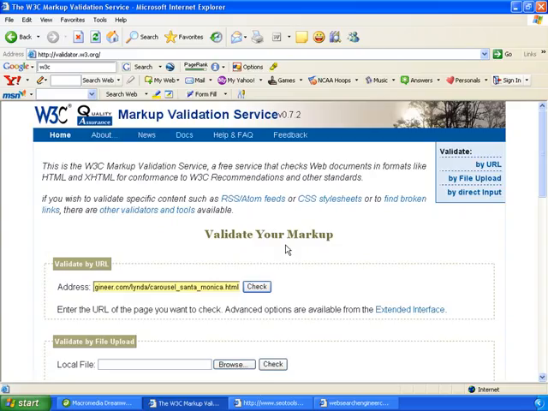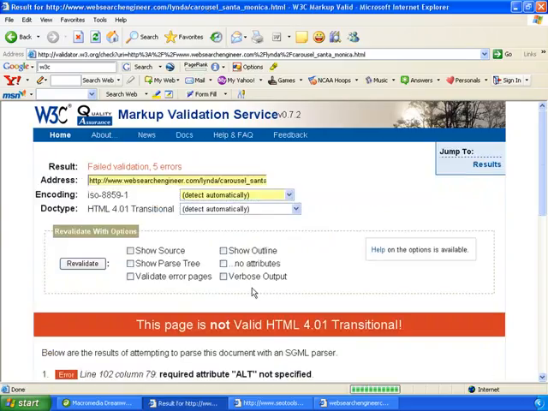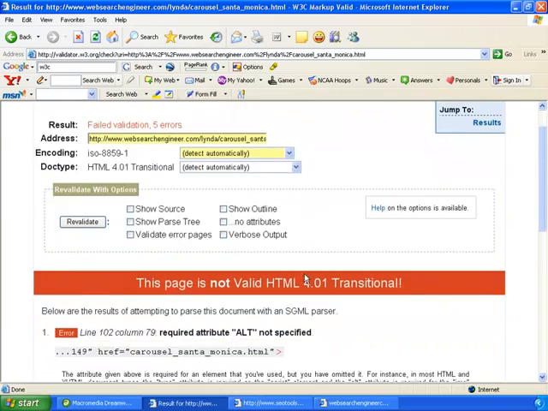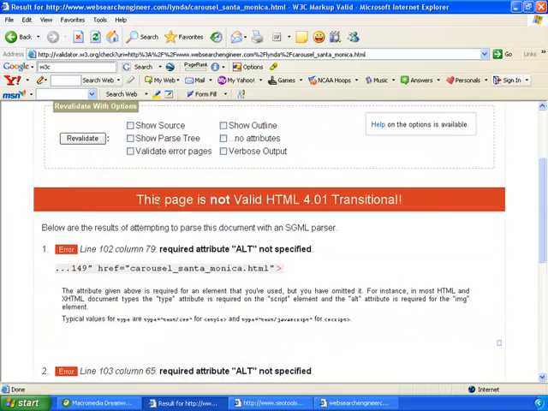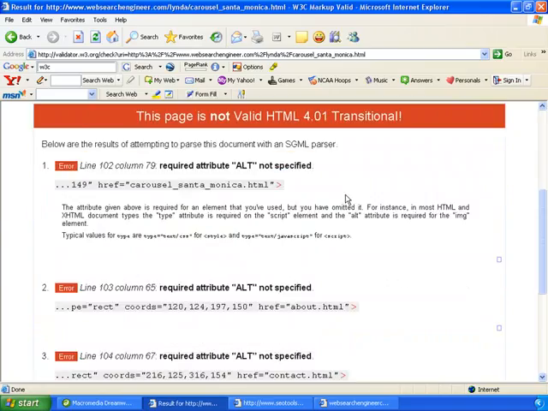But if you go to the validator tool here at validator.w3.org, put in the URL of any SEO site you're working on and check it, validate the code, they're going to run through here and detect it. And of course, I've got lots of problems. The page is not valid HTML, transitional, so I'll have my webmaster go in there and add whatever I need